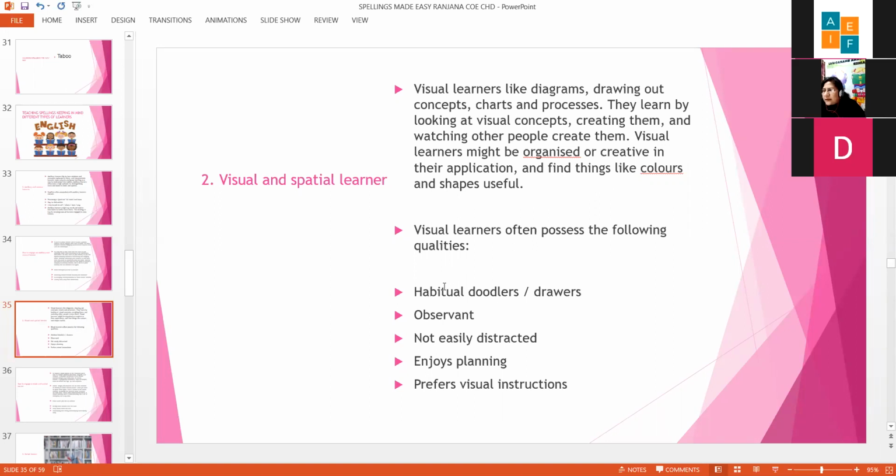And in this, they are not easily distracted. Why? Because they want to see the concepts or whatever you are teaching. They want to see it on the board. And in case you have colored chalks, it makes a lot of impact if you're using colors on the board. Right? If I am an auditory learner, that visual concept does not affect me at all. But in case I am a visual learner, if you're using more colors on the board, it makes a lot of sense.